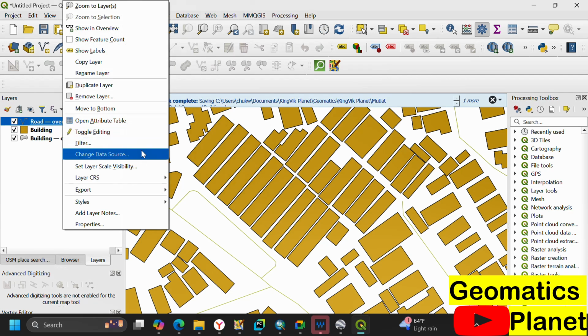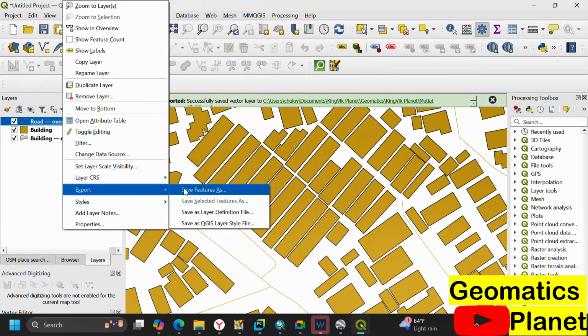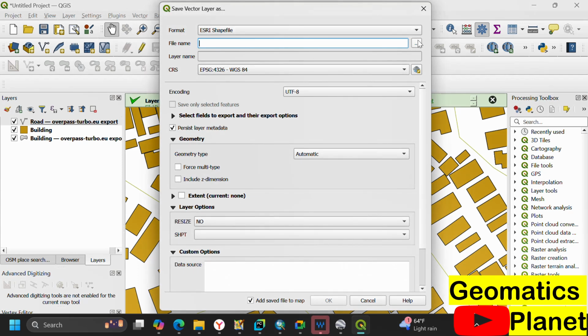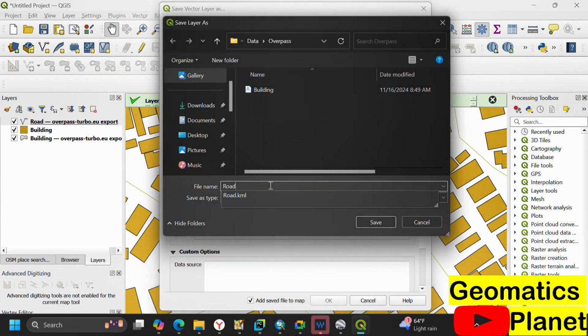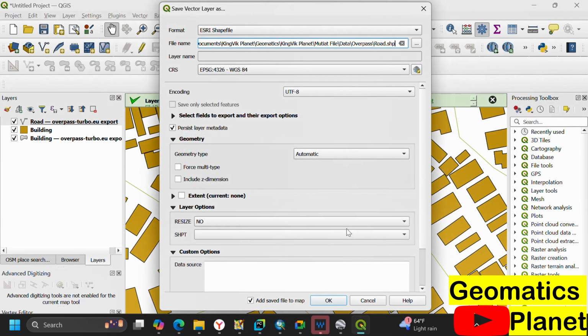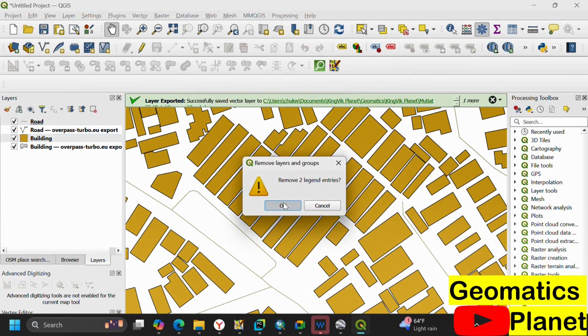So let me go to the road network. Click on export here, click save features as, and then I will return to the same location, and I will type road here, and I'll click save. So that is going to export it that way. So the road network has been added. Now you see the way I make the conversion. I'm going to remove both the road and this from here